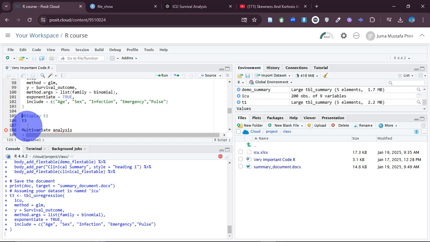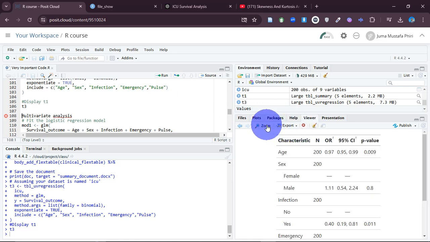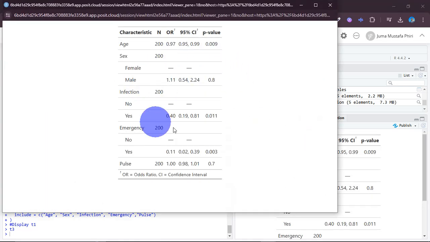We have our model done, okay? We have our logistic regression analysis done. And then to view our logistic regression analysis, we're just going to type T3, because this is the way I named my logistic regression table, and view this and watch magic. Look, we have the number here, we have the odds ratios nicely put already, 95% confidence interval already put for us, perfect, p-value already put, and we can see here age is significantly associated with the survival outcome,